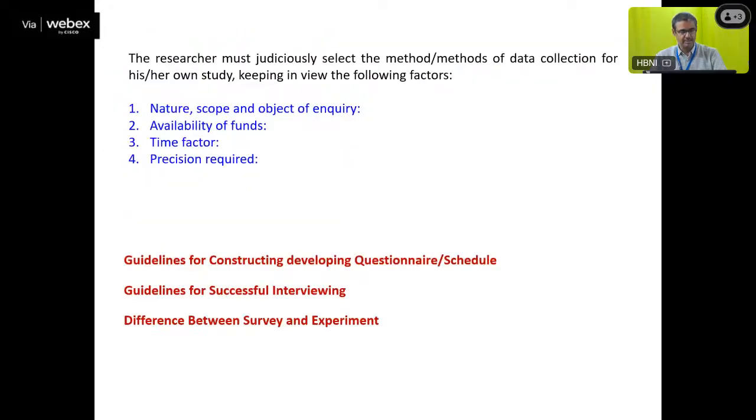And then which method to select for data collection, we discussed that it depends upon several factors like nature, scope, and object of inquiry, availability of funds, time factor, and precision. And then we pointed out the guidelines for constructing questionnaires or schedules, guidelines for successful interviewing, and the difference between survey and experiment. So we completed